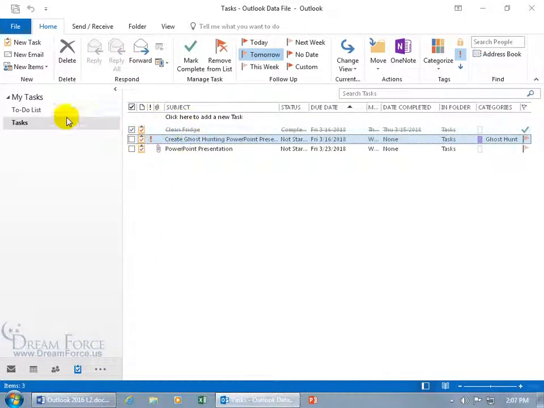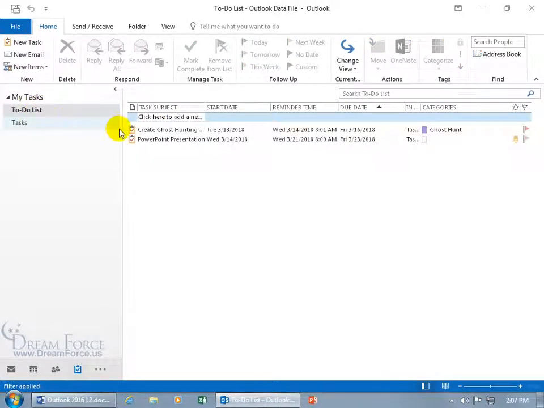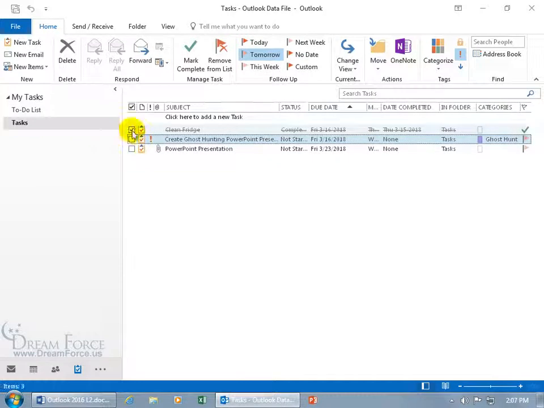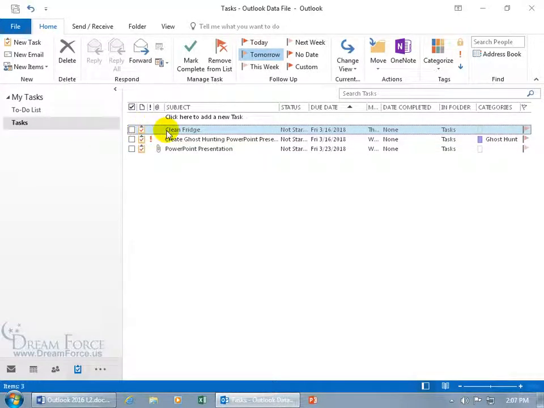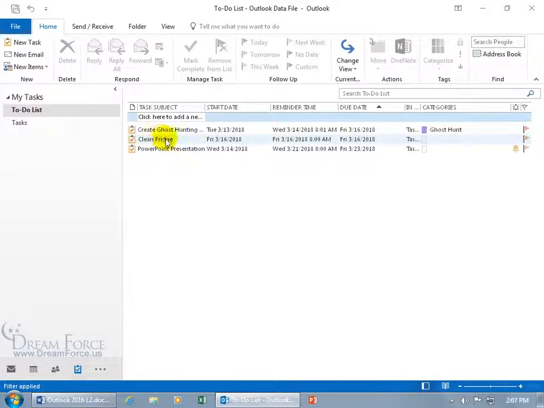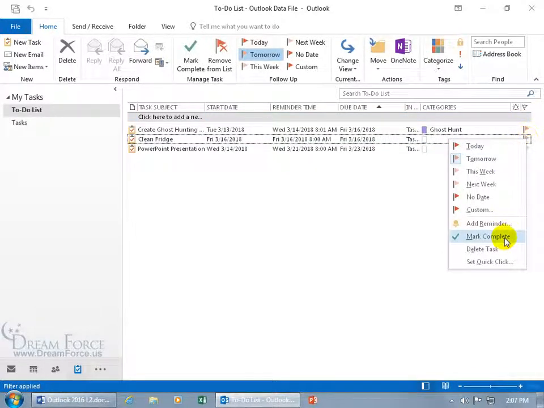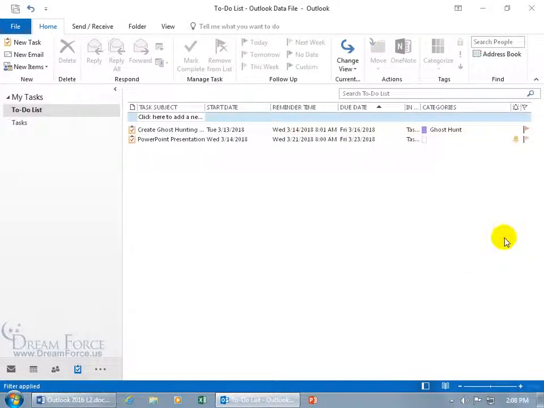So you can see the difference again between the to-do list and, well, when it's marked complete, it's not going to be in the to-do list. So if I go back to the task and uncheck it, and it's now in progress or it hasn't begun, and I go back to the to-do list, you can see that it's there as well. And you can also come over here and right-click on the flag and also mark it complete. Phew, there's just so many ways to do this. In any case, it removes it from your